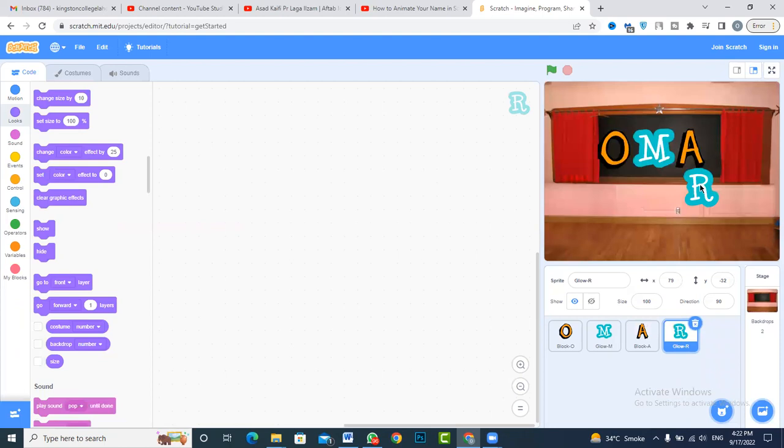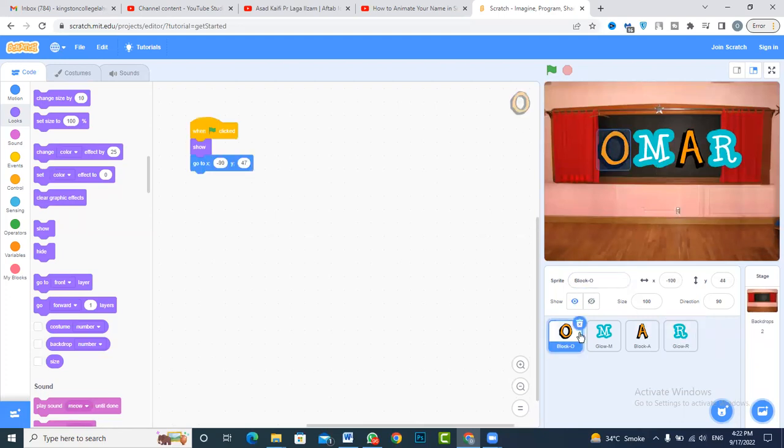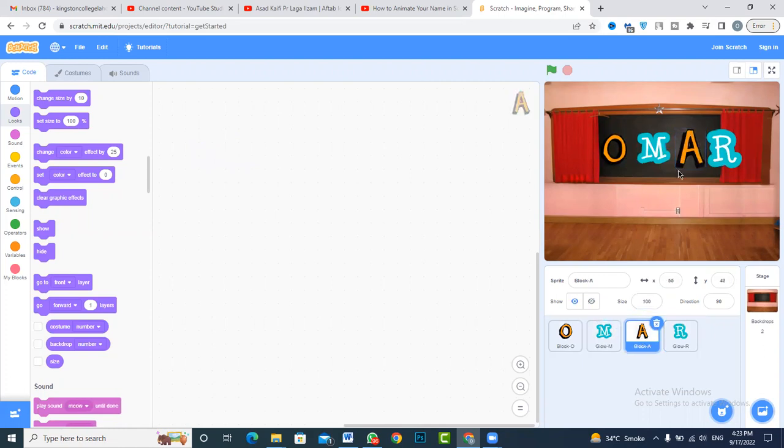So I have picked up all four letters for my name and I feel that they are a little bigger, they should be a little smaller, right? My name should fit in here. So for that, I think that these letters are a little big. I can change their size, make it 80. This one also 80. Let's make this one 80 as well. And this one 82. So now I have my four characters that I'm going to use to animate my name